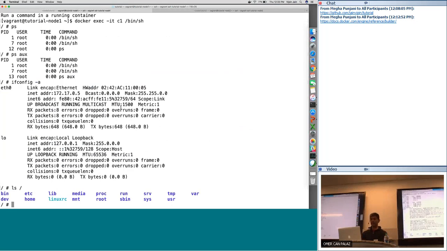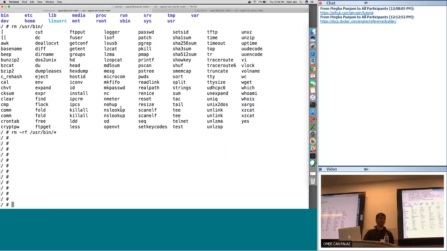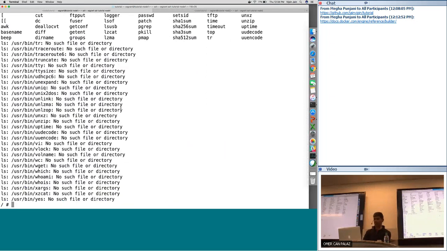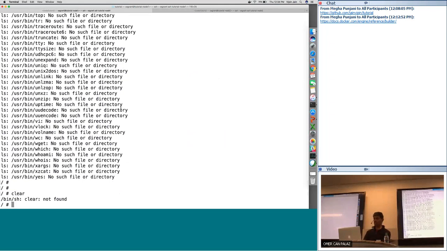If I look at slash, and let's say I nuke, let's say if I remove ls, I can do that. You know what? Let's just have fun. So we'll remove the entire slash usr bin, right? Let's say this is my container namespace. I'm going to nuke everything in usr bin, right? Of course, I cannot do ls either now, or maybe it is in the slash local bin, whatever, right? There's no such file or directory here, correct? So clear is not there.